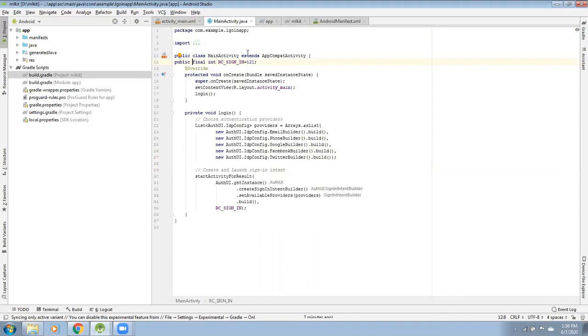After adding RC sign in, it is nothing but just an integer code. You can specify anything, suppose a number or any digit, a 3-digit or 2-digit number. It will be stored here. Next, if you require